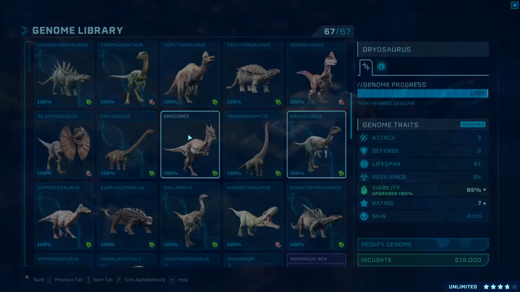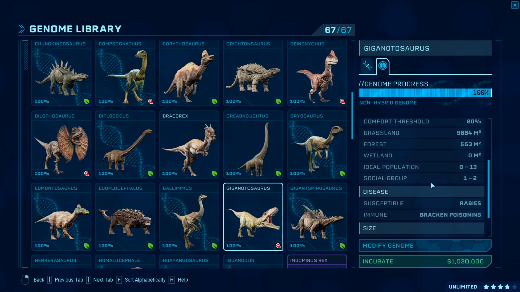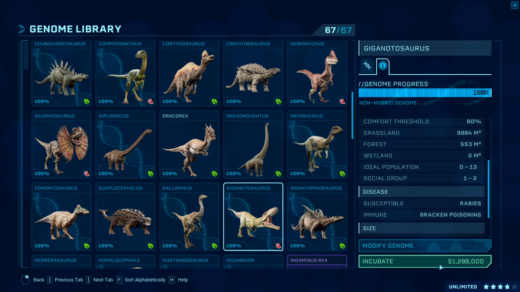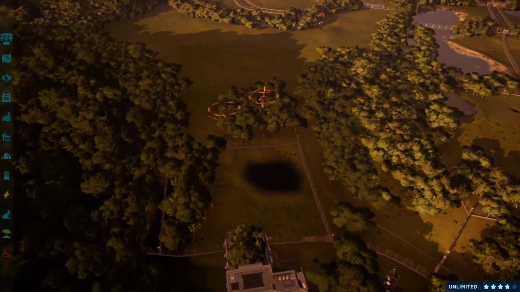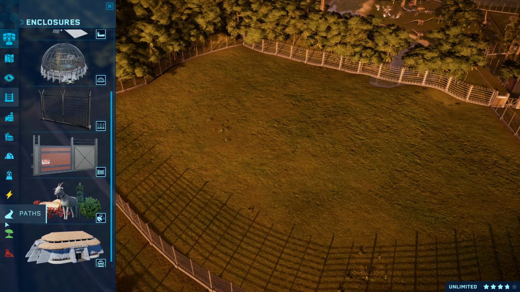So over here, we're going to start incubating our Gigantosaurus. Let's see. Doesn't need very much forest at all, and a pretty decent amount of grassland. And we can have two in the enclosure, which I think we're going to go ahead and do. So I don't think we need to touch this much. Just go ahead and throw some interesting patterns on it, and incubate two of them. And then what I'll probably do here is...